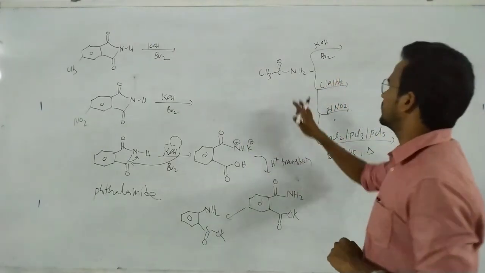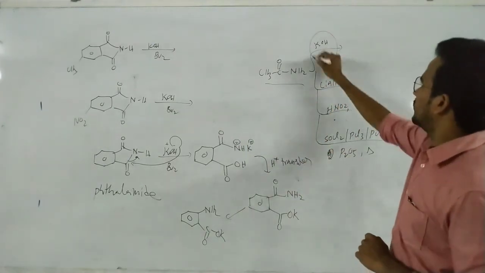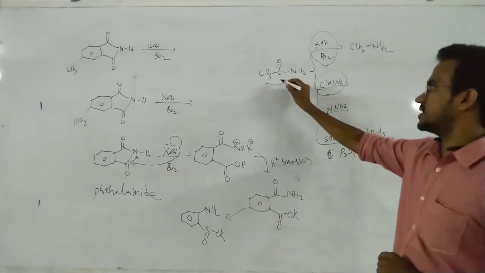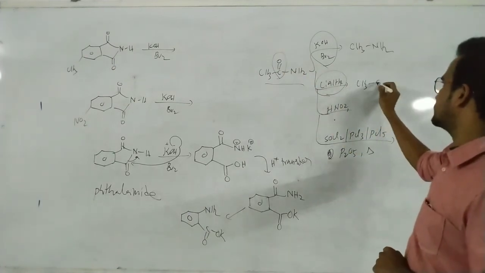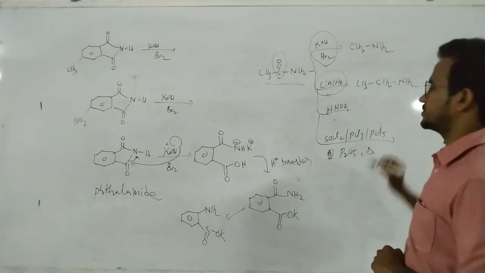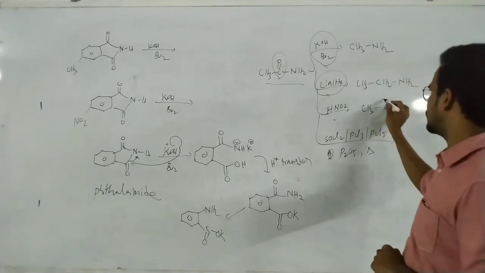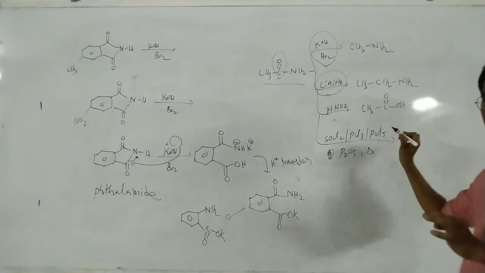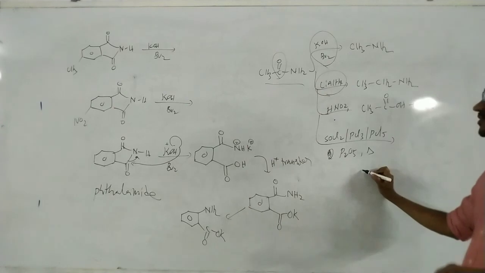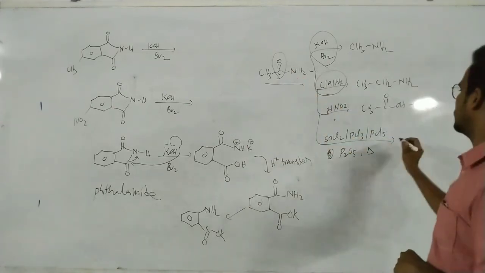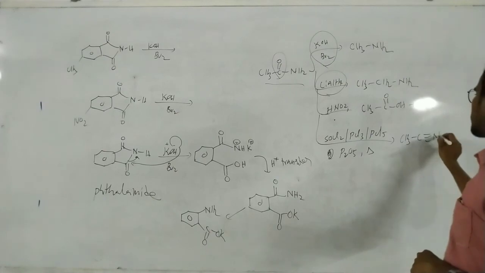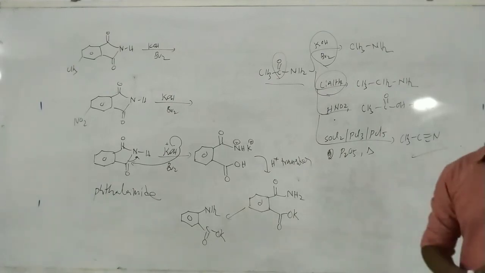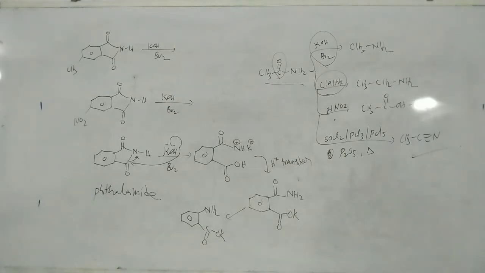So now CH3CONH2 with the Hofmann bromamide degradation is converted to CH3NH2. Now with lithium aluminum hydride, generally C=O is converted to CH2, so it gives CH3CH2NH2. With HNO2, it is converted to carboxylic acid plus N2. With SOCl2, PCl3, PCl5, P2O5, all these are dehydrating agents, so of course dehydration takes place, with loss of water molecule. So it is converted to CH3C triple bond N. So here are some differentiations in the reactions of the amide. That is almost the Hofmann bromamide degradation reaction.